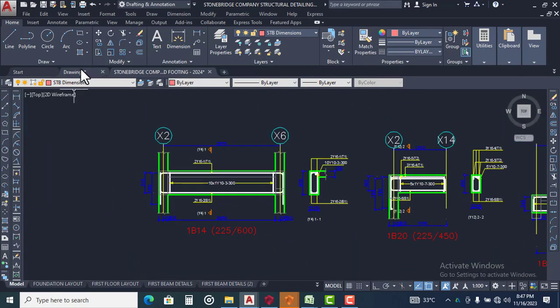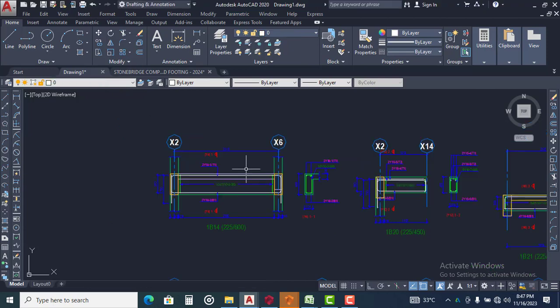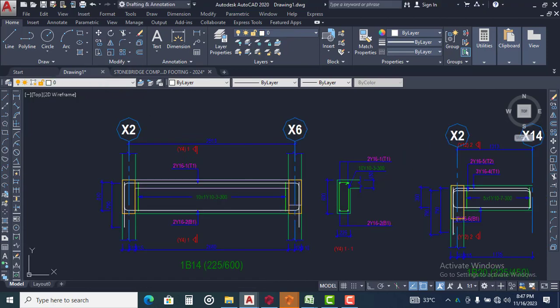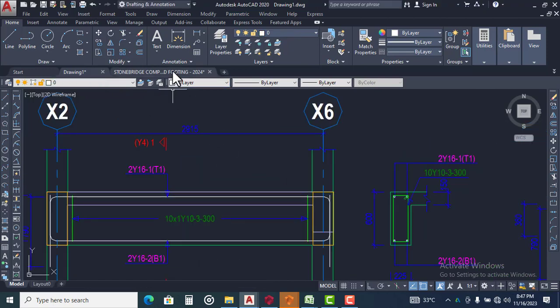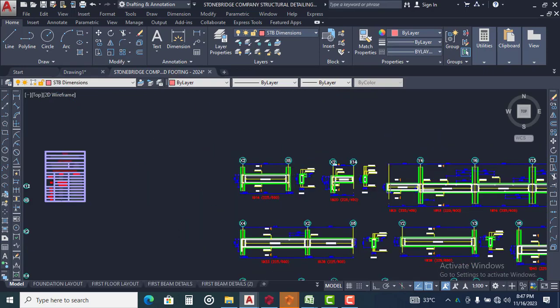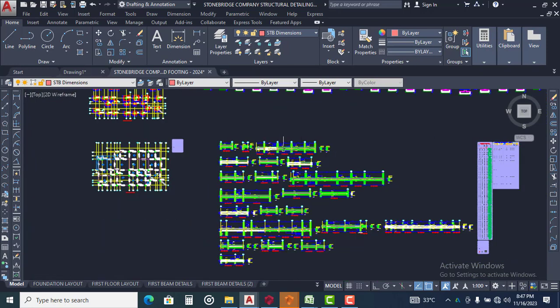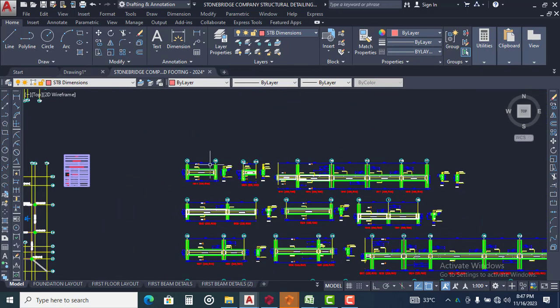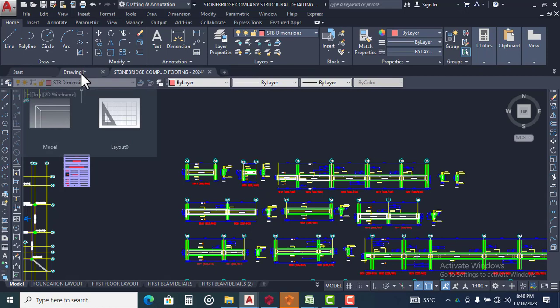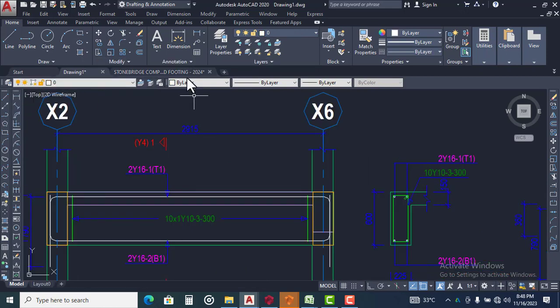So this is the one from the Prota drawing, as you can see right now, and this is the one on the Stonebridge template. Okay, so once you paste your beams or your drawings on the Stonebridge template here, you will still have some work to do. But what I can tell you is that this Stonebridge template helps reduce the stress and the time you would have spent getting your drawing right to at least